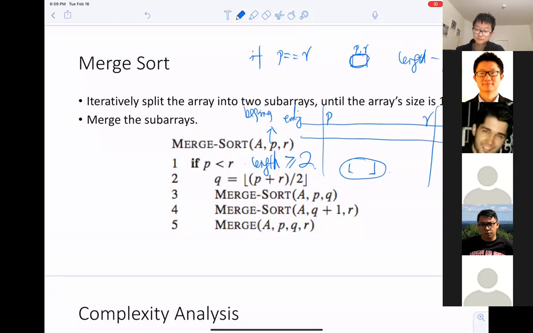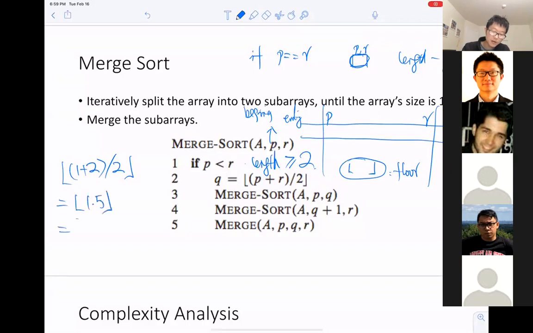Is that what I said before? Yes, the floor. So for example, if P is 1 and R is 2, so divided by 2, this is going to be the floor of 1.5, which is 1. Okay, so with the floor, it handles the situation where we got a decimal value, not an integer value, after the division. So basically, you can say that Q is the average of P and R, right? Correct? Yeah.